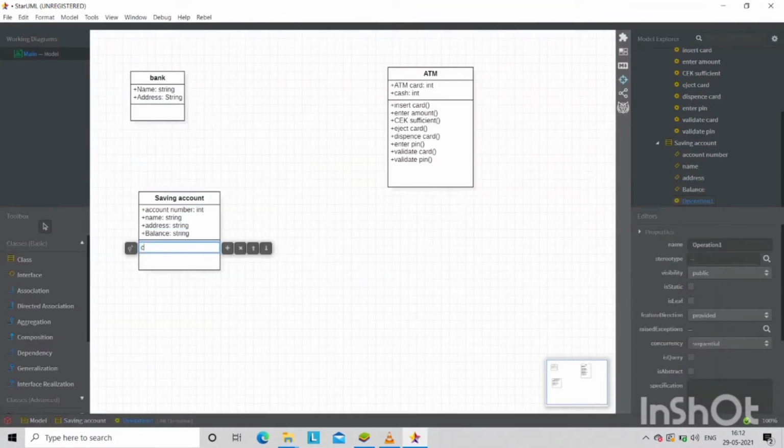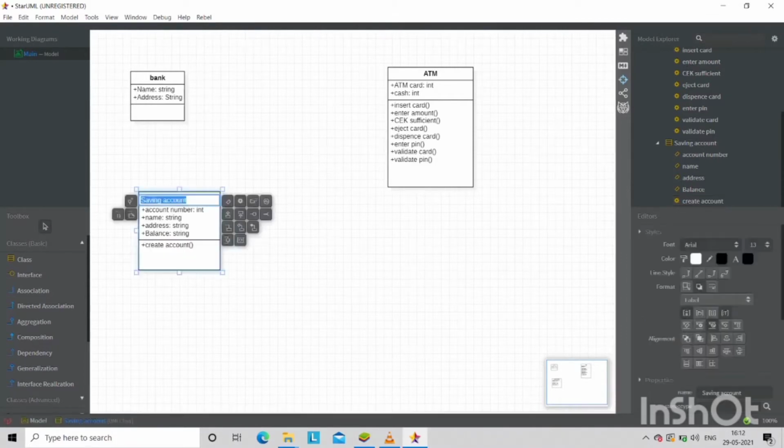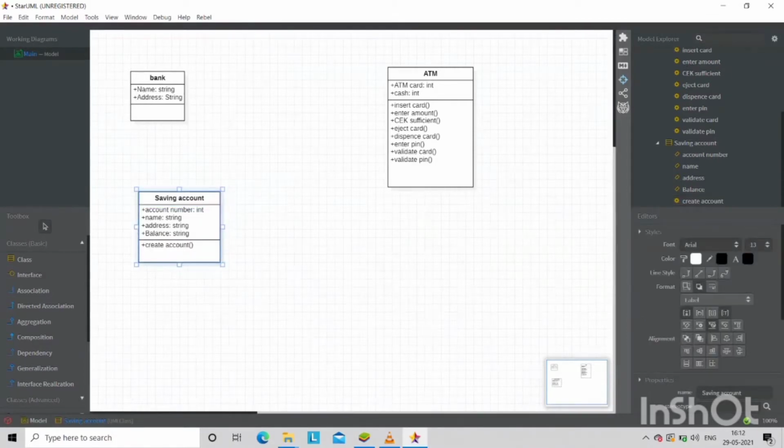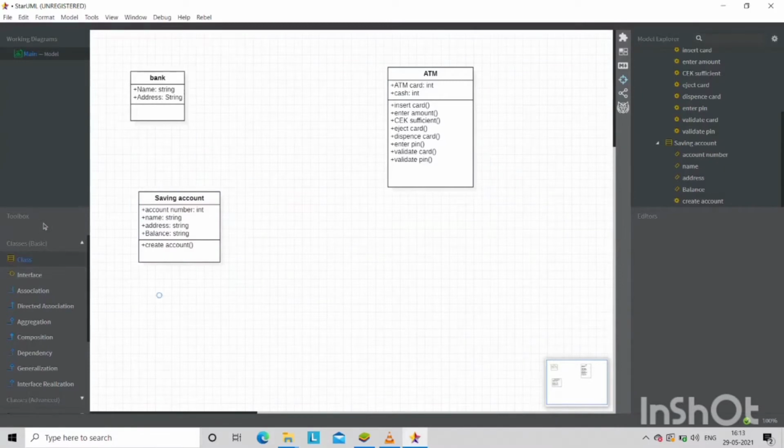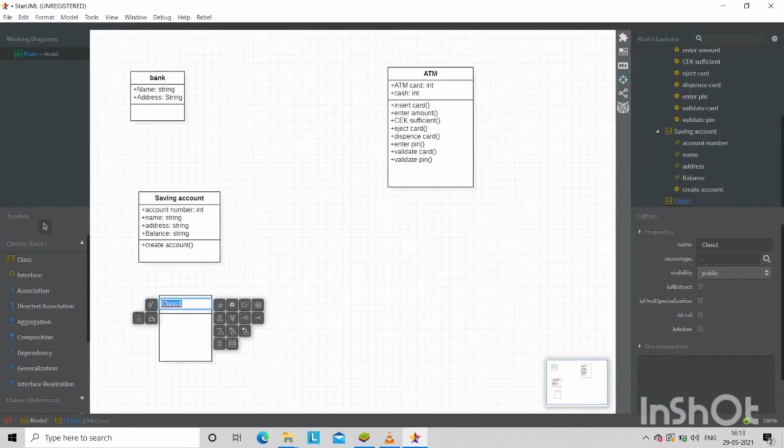The banking system has two subclasses, that is Savings Account as well as ATM Card.